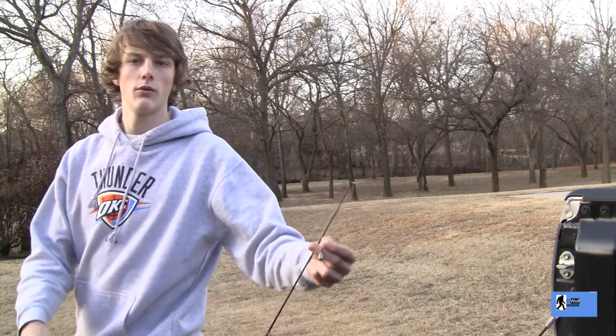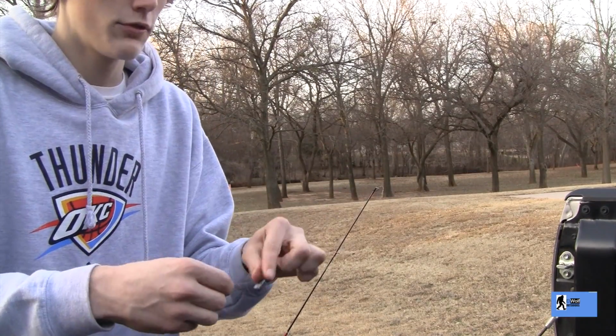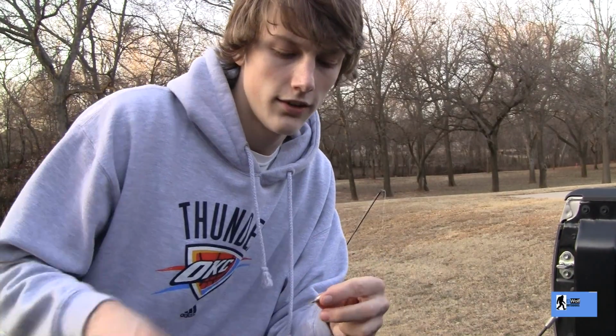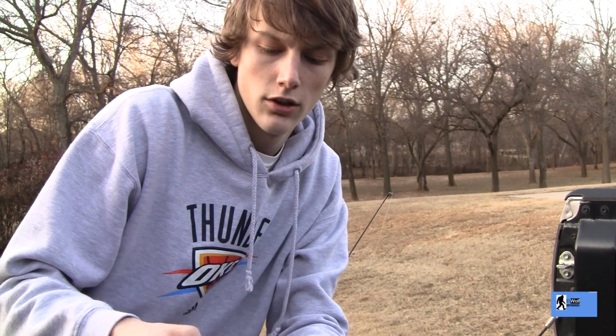Let me kind of show you what I'm using here. Let's go down to regular. I have about 5-pound line on here, but these trout, they're real line shy. They can see the line real easily. So what I'm working on here is I tie off my main line to an egg sinker like that, and then I go about 18 inches to a real small